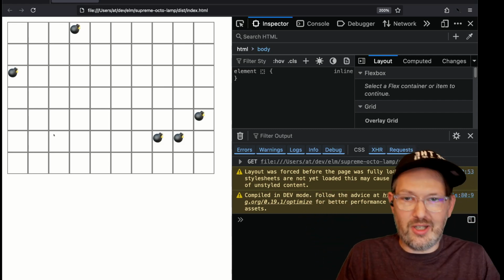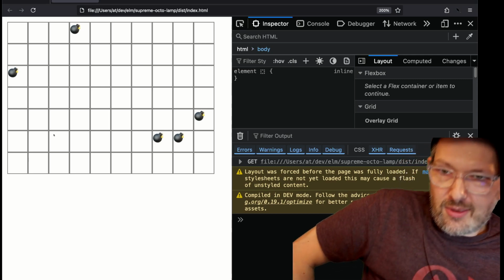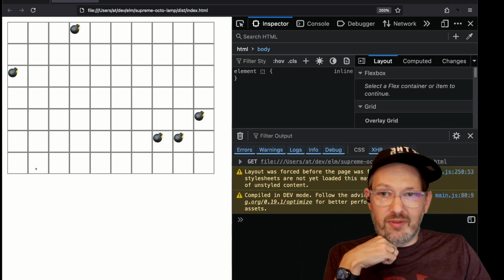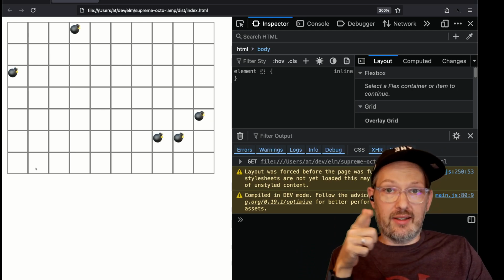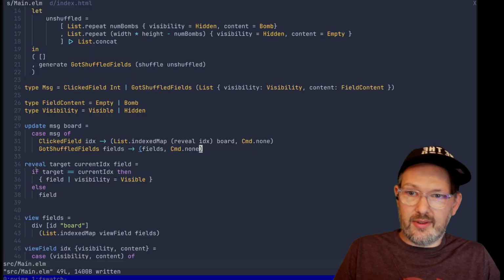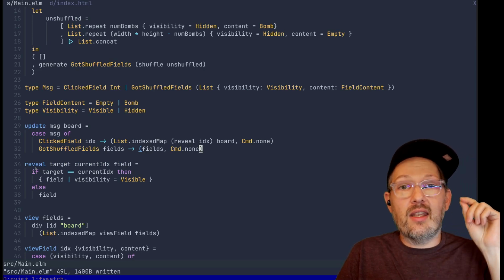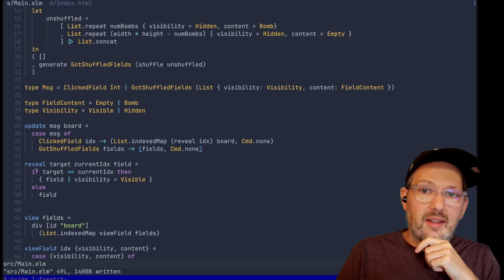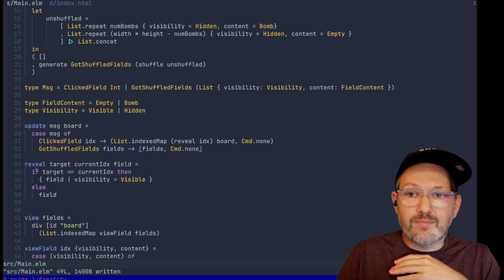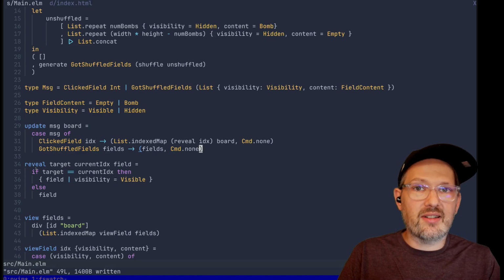That is pretty good. All right, the next thing that is obviously missing are the numbers on the revealed empty fields that indicate how many surrounding fields have a bomb on them. So let's do that next. And of course we could calculate that each time we click a field, but I think it's probably more straightforward if we just calculate that once. After we shuffle the bombs, we just calculate the numbers,